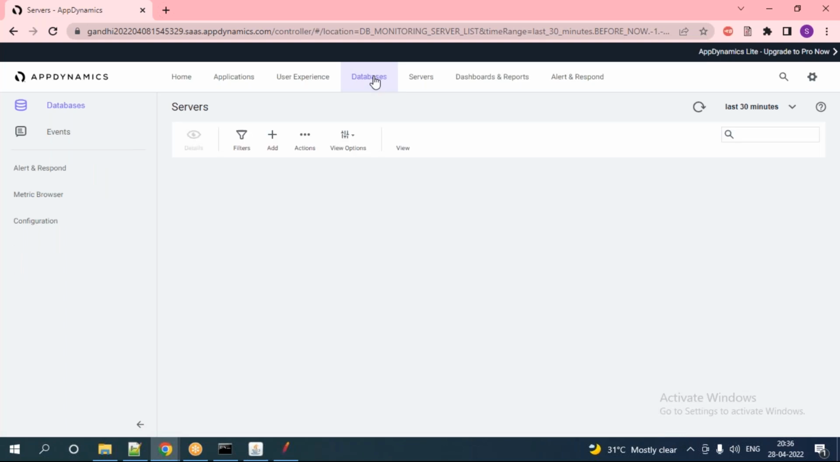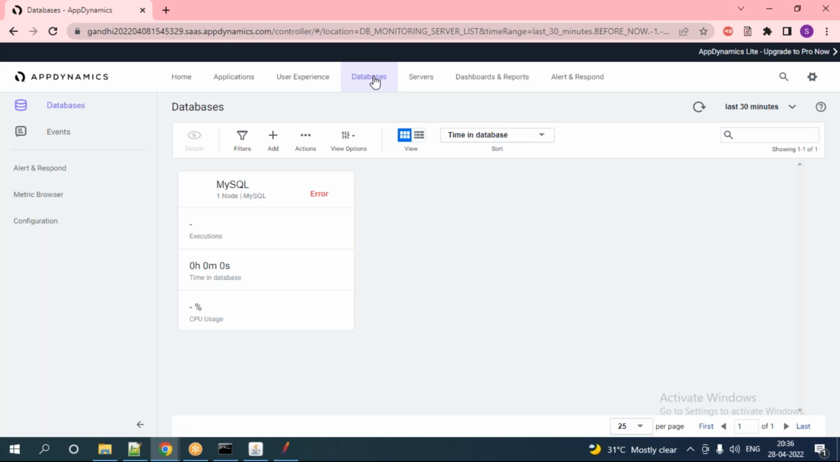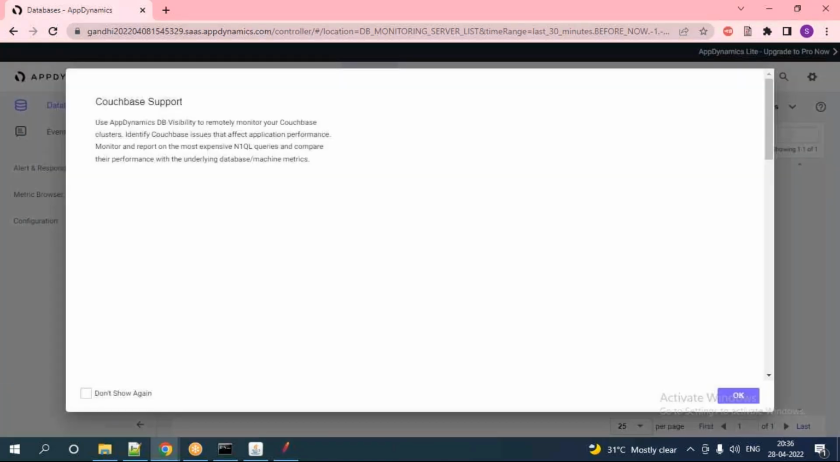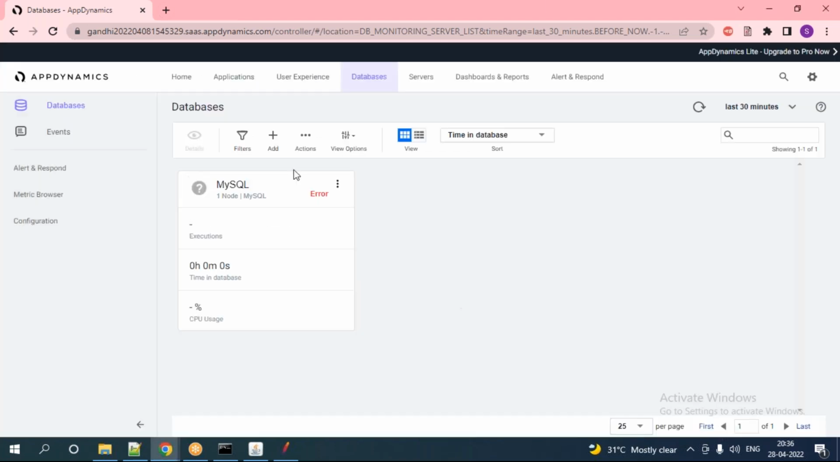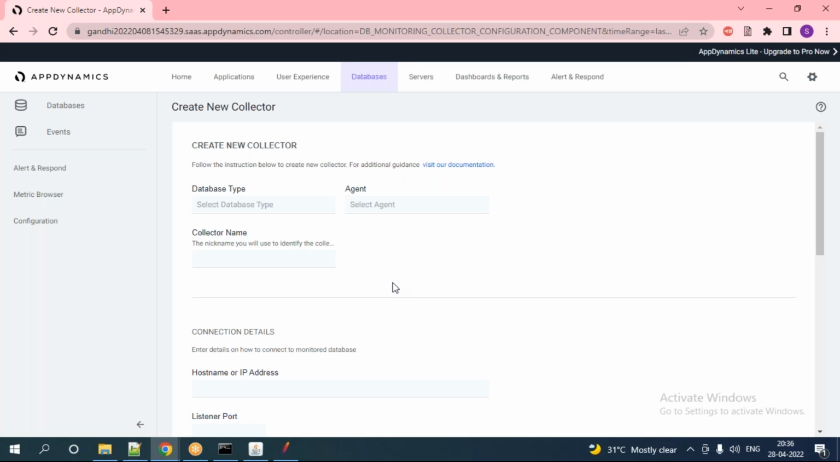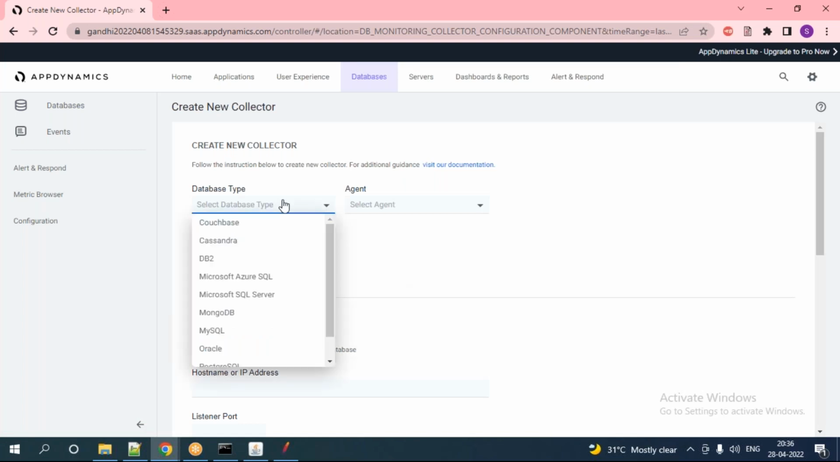Database agent. In industry, if you do any survey study, mostly your application problems or outages are related to the database. So you have many types of database monitoring capability available: Couchbase, Cassandra, DB2, Azure, SQL Server, MongoDB, MySQL, Oracle. Like that, different agent configuration capabilities are there. So you can do database monitoring using